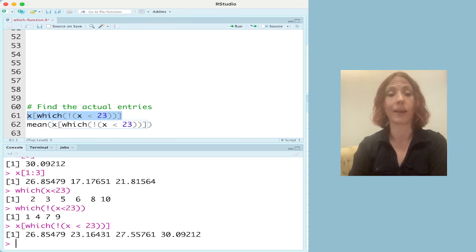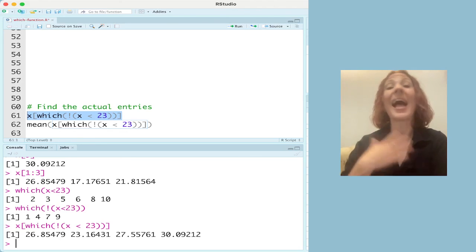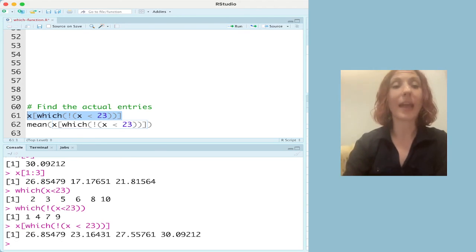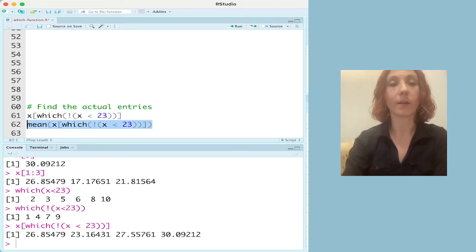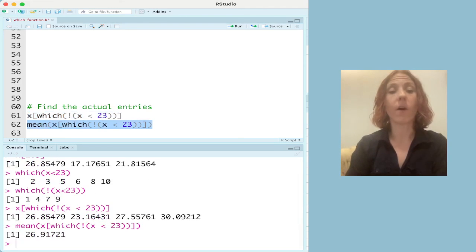All of these numbers are going to be my x's in my vector that were not less than 23. Then I can take this a step further and add a function. So if I want to know the average of all the x's, I just add another thing onto my equation here. I want the average of all the x's which are greater than 23. So we see we're building things up a little bit by little bit. First, we ask ourselves, where are things located? And then we use our square brackets to find the values at those locations. And then if we want, we can further add on to a functions. And that is how we are going to use our